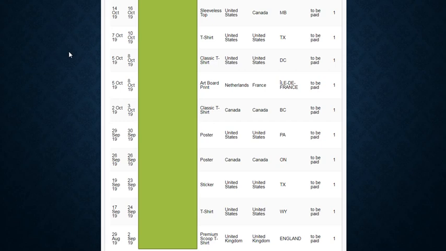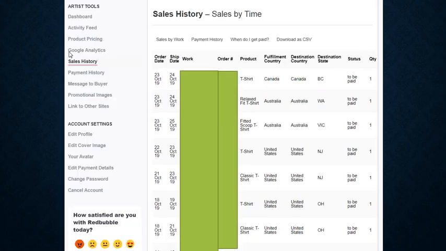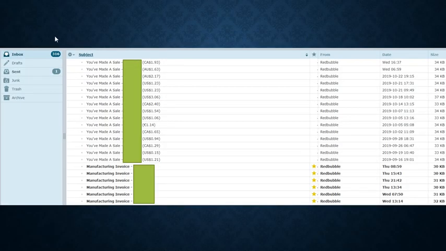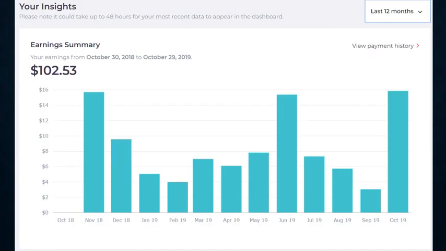And then what I wanted to wrap it up with is a screenshot of the earnings summary here, just to show you the difference between July, August, September, and then October. This is when I started making those changes.